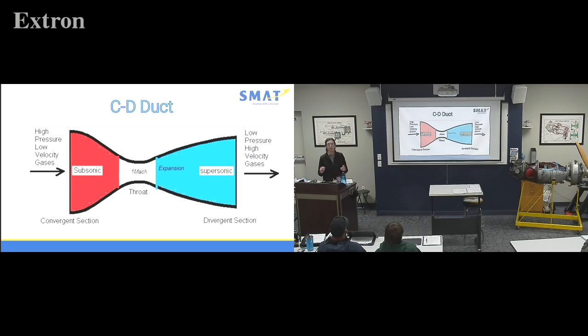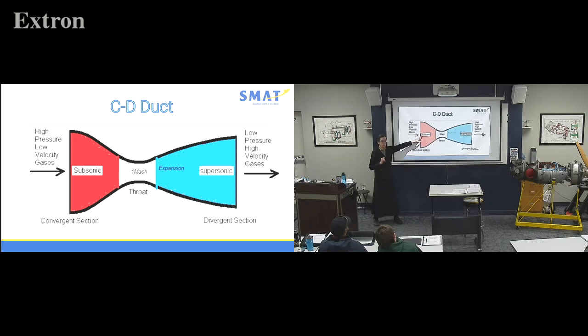And they can do super cool stuff by putting ducts together on either a supersonic inlet where they want to slow air down, or make air supersonic out an exhaust. We have a whole class on induction and a whole other class on exhaust, so we'll really dive into this stuff. But here we have a convergent section. So we have high pressure, low velocity gases coming in, and as they come through this convergent section,